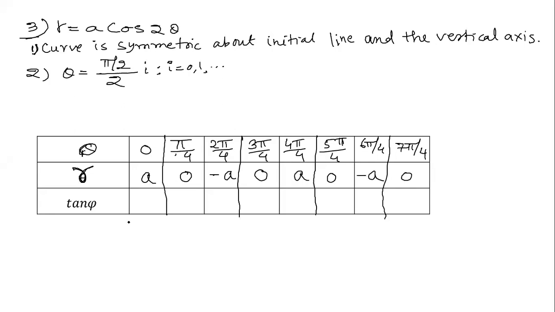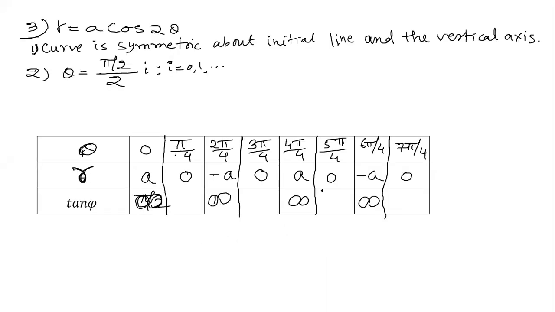This is really interesting. And every time, whenever r is equal to plus a or minus a, blindly write tan phi will be equal to infinity. That means phi will be equal to pi by 2. So you can just try for any one of these, and you will know that this is absolutely correct. Okay. Then what are the additional properties that are going to be satisfied? So what is to be done?